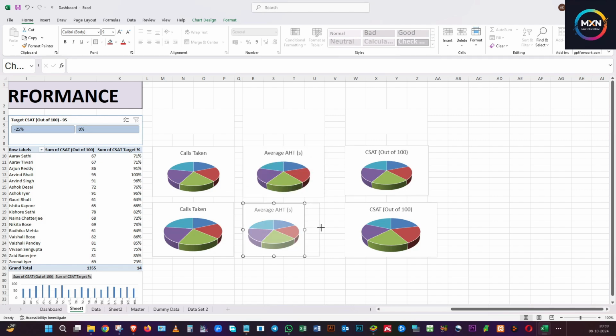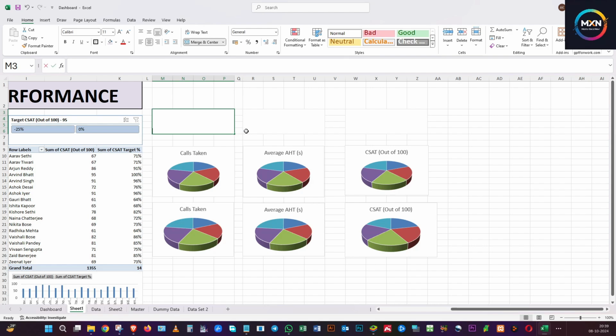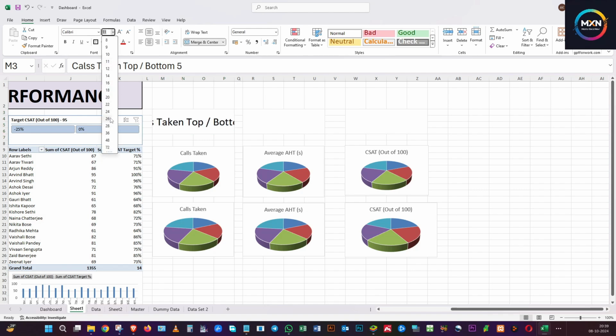So this way, see, if you just work this out, this is all done. So this is calls taken top/bottom 5. Okay, so let's bring it to the center, increase the font size to probably, let's say, 26, wrap the text,